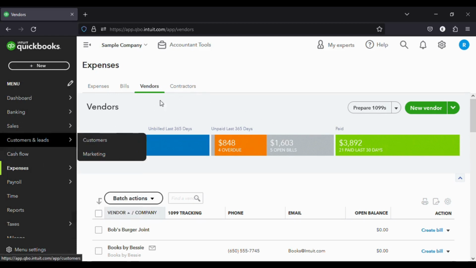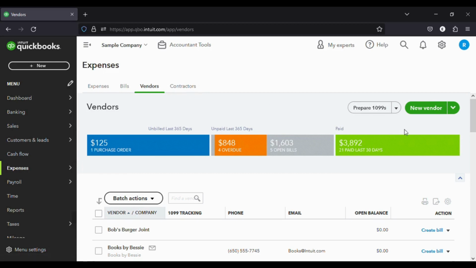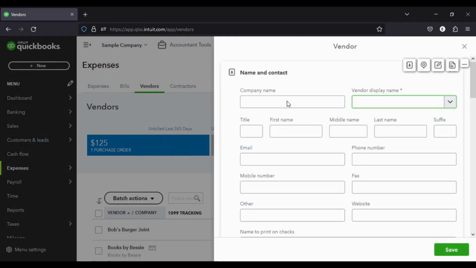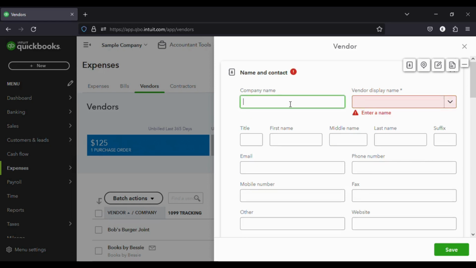You have to go to the expenses section and click on vendors, and here is the option to add a new vendor. You can click here. It's the same as creating a customer, so the form is almost similar. You have to add the details of your vendors. For example, the name of your vendor is